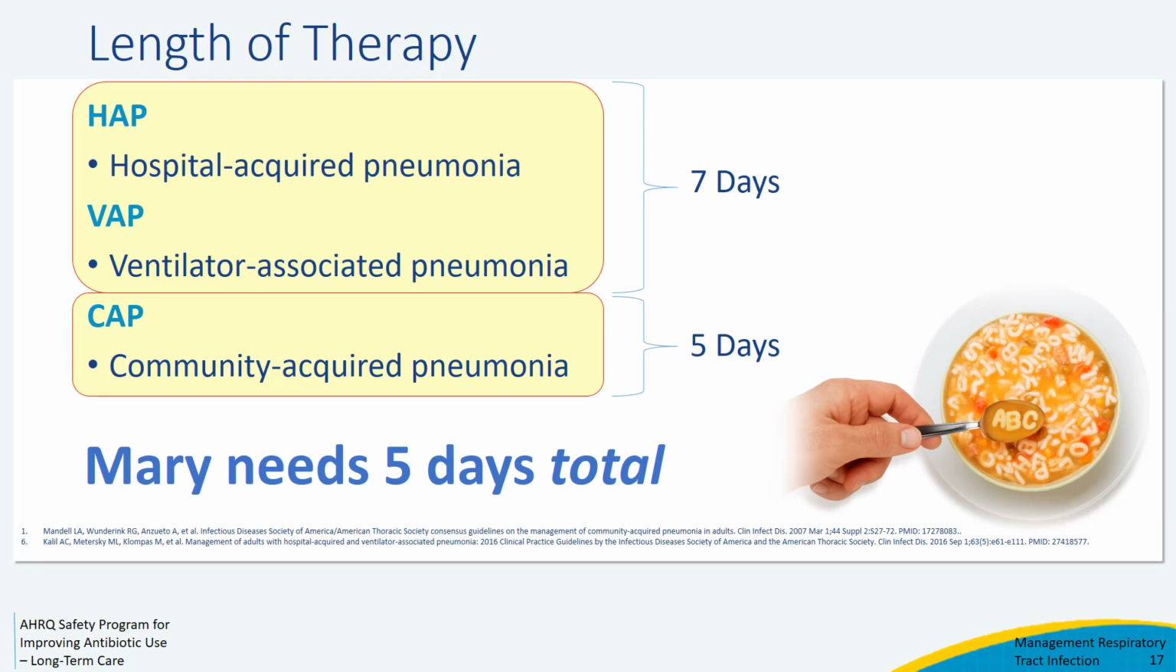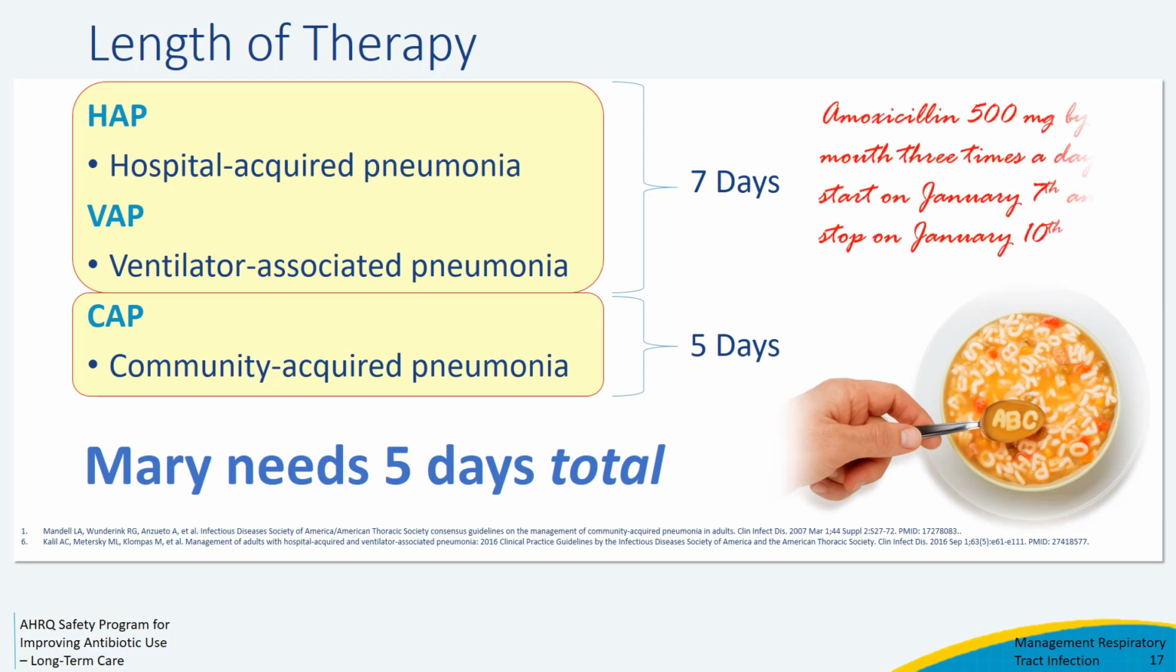Remember, she already received her first dose of levofloxacin, which counts as day 1 of antibiotic therapy. Now that we are switching to amoxicillin, we know she only needs 4 more days of therapy. Finally, when writing for antibiotics, we recommend you include a calendar-based stop date. So rather than write a prescription for amoxicillin 500 milligrams by mouth 3 times a day for 4 days, instead write for amoxicillin 500 milligrams by mouth 3 times a day to start January 7th and to stop January 10th,